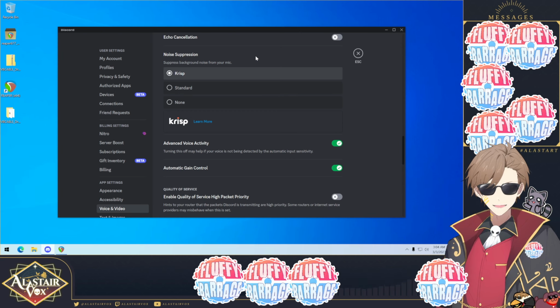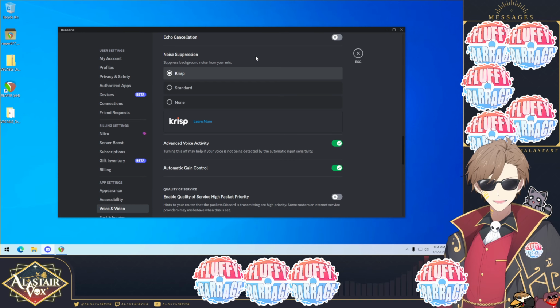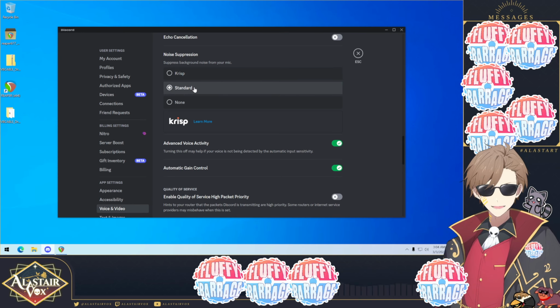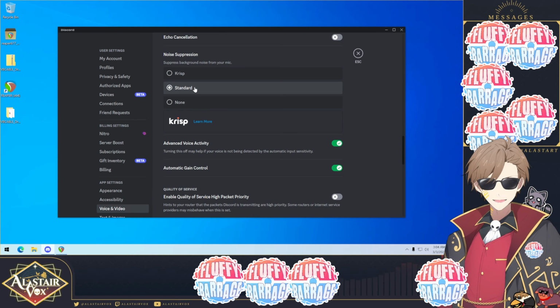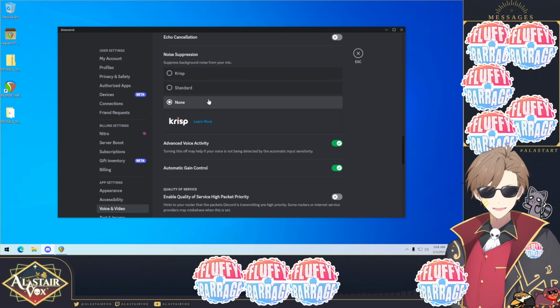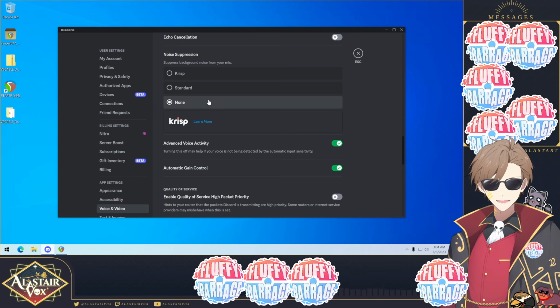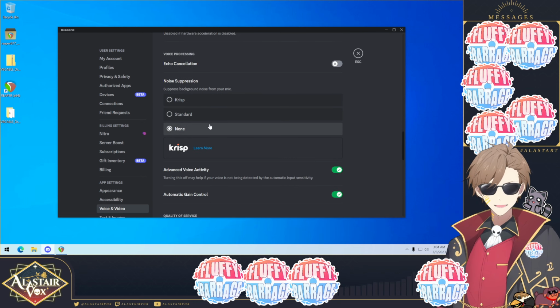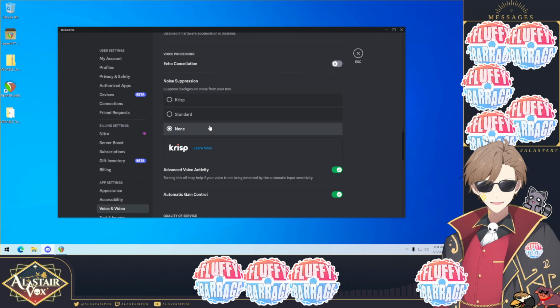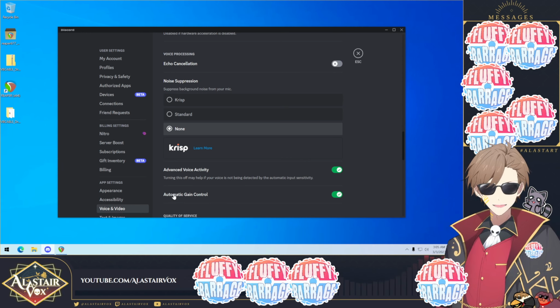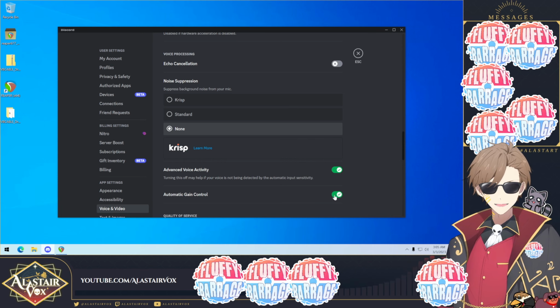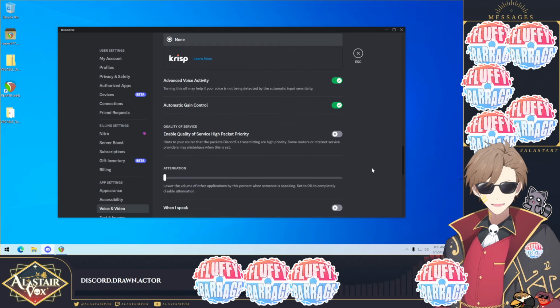If this is happening to you and you find yourself getting muted when you get loud, just go ahead and switch to the standard noise suppression. Or if you're recording in a very quiet environment like me, you can go ahead and simply turn this noise suppression off for the same reason as before, where the less processing that we need to do through Discord, the better your voice will sound. Next, we'll just make sure that automatic gain control is enabled as well,